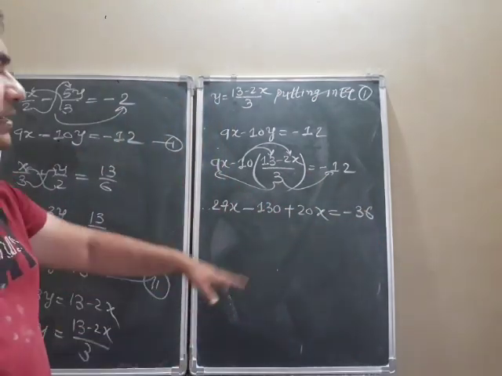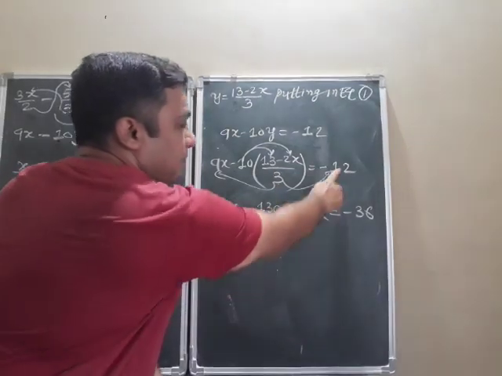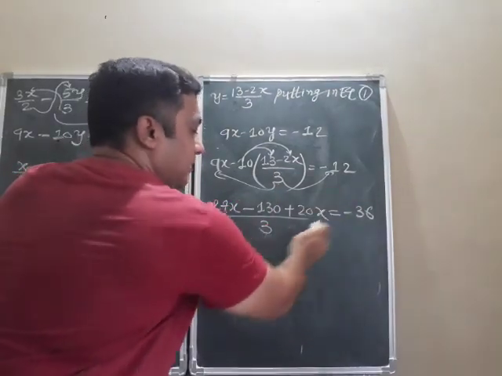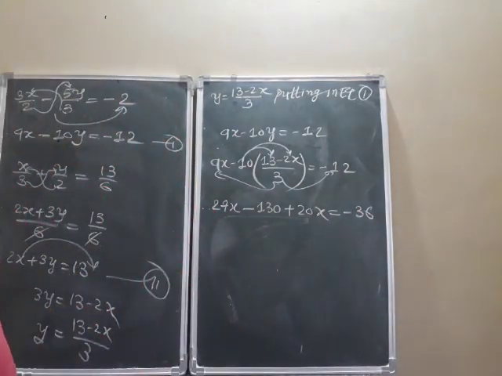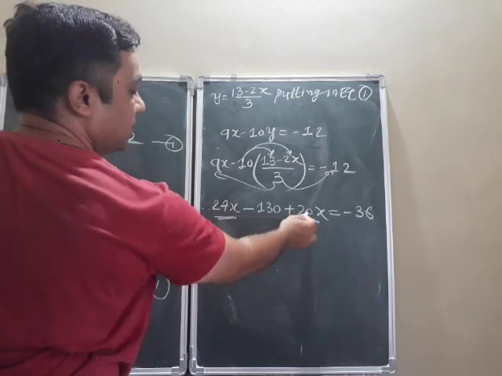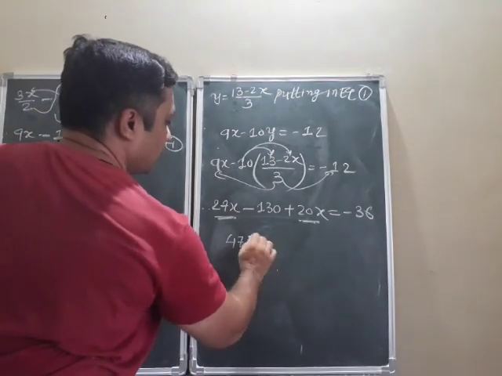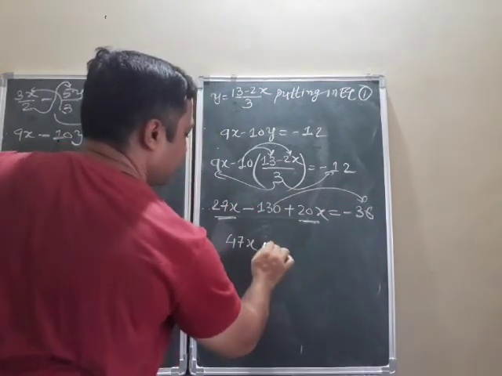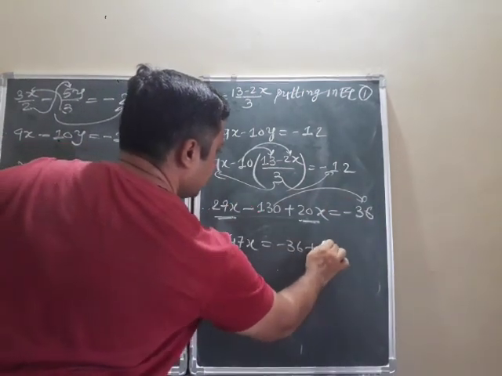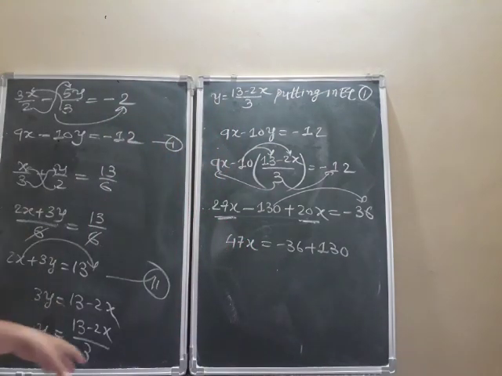Okay, if you want to increase one step, first you write here upon 3, same time you write minus 12, and then this 3 multiplies. Okay, what you want to do, you can. Now see, this is 27, this is 20. So 27 plus 20, it's 47x. This minus 130 goes on this side. So minus 36 plus 130. Okay? Ready? So therefore